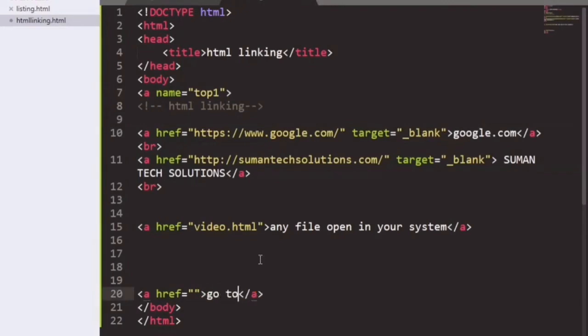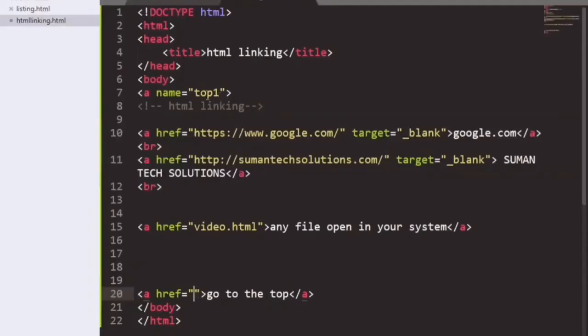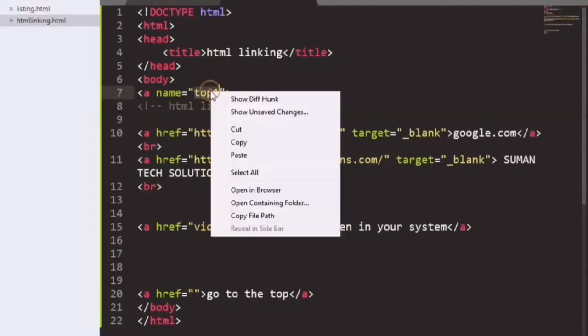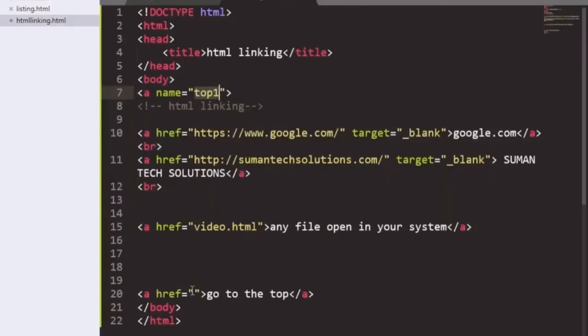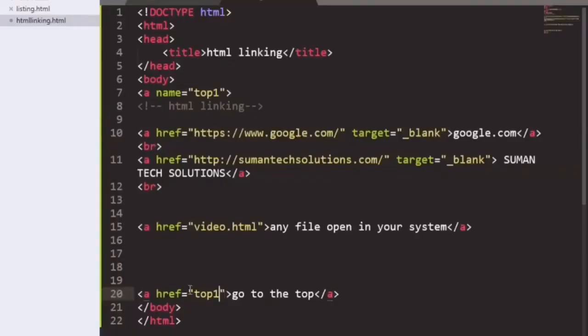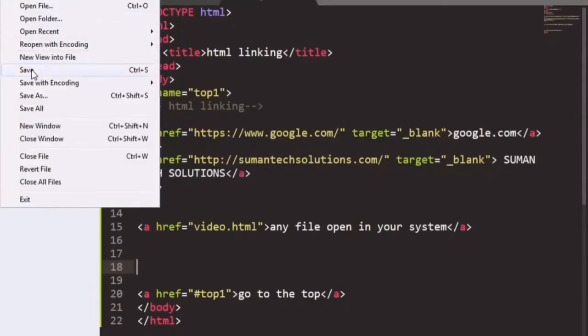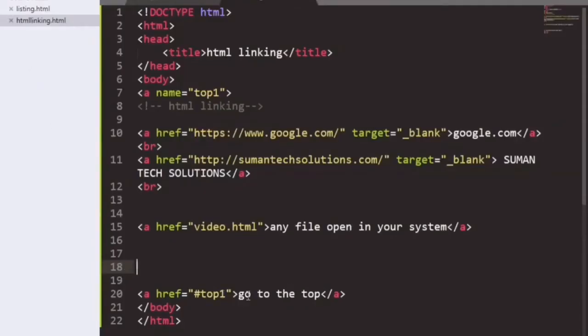In this we can write go to the top. This is a reference ID so that HTML will understand that I am saying go from this page to the place I have named top, and I have written the anchor again, that is go to top.